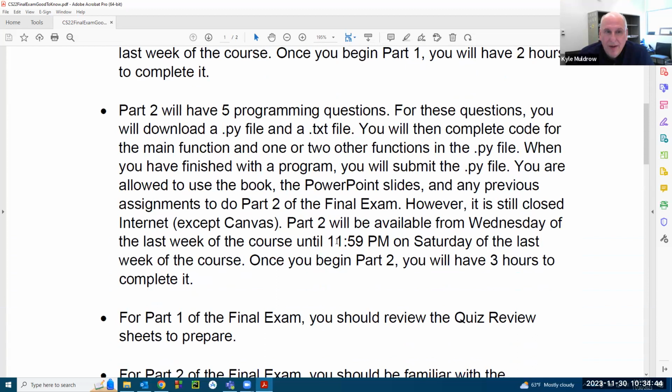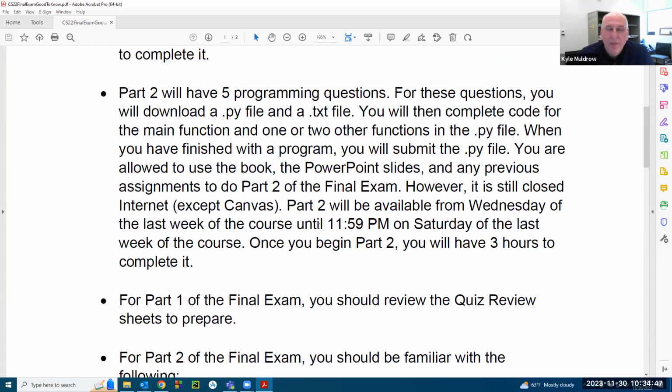Part two of the final is going to be the programming part of the final. As it says here, part two will have 5 programming questions. Now here is where you need to pay attention. For these questions, you will download a .py file and a .txt file. So for each of the 5 questions, you'll be asked to download a .py or Python file and a .txt or text file. It says you will then complete code for the main function and 1 or 2 other functions